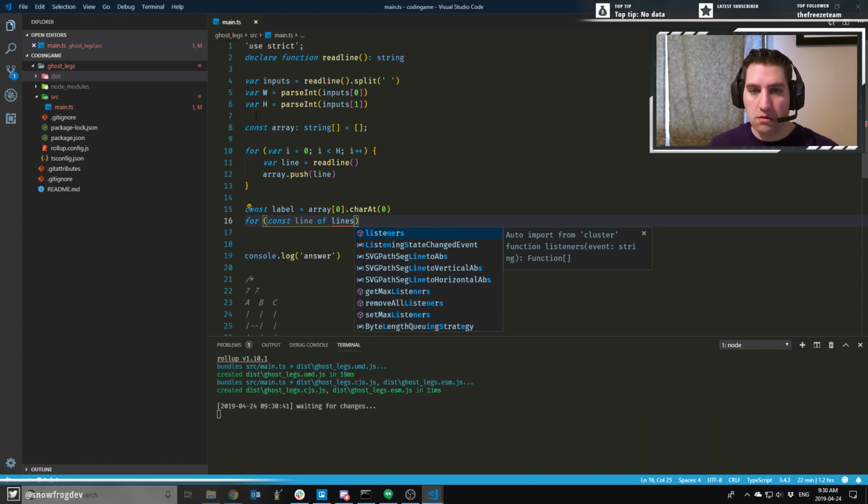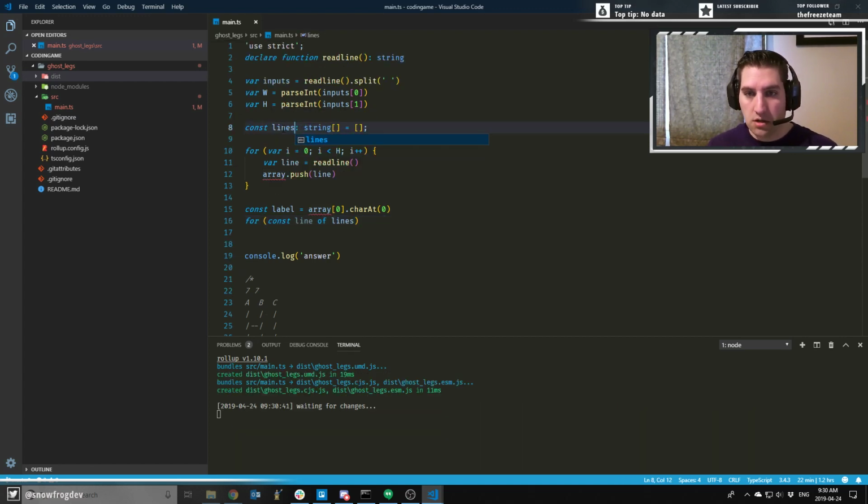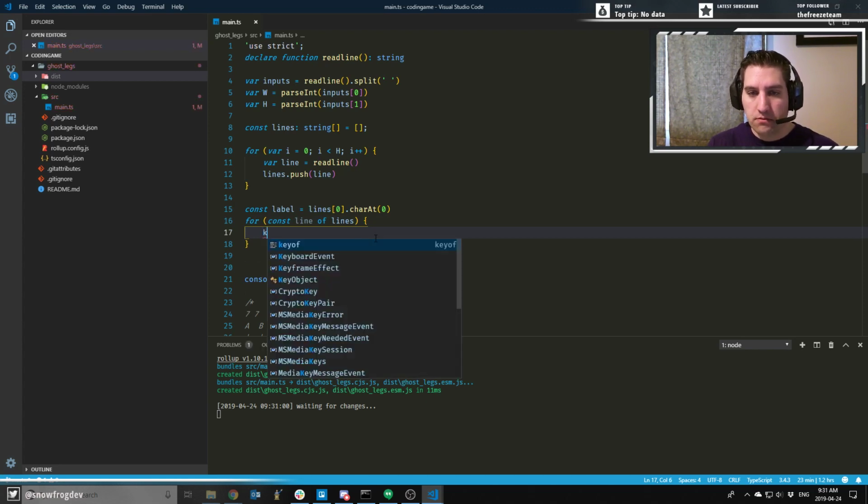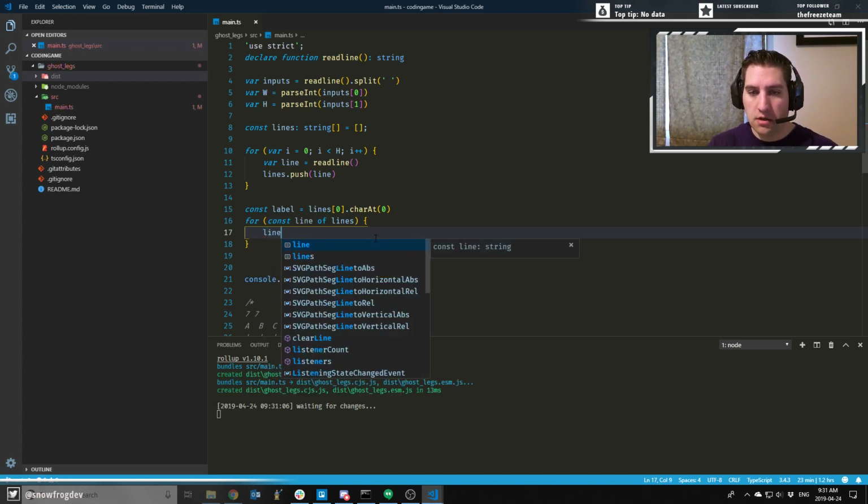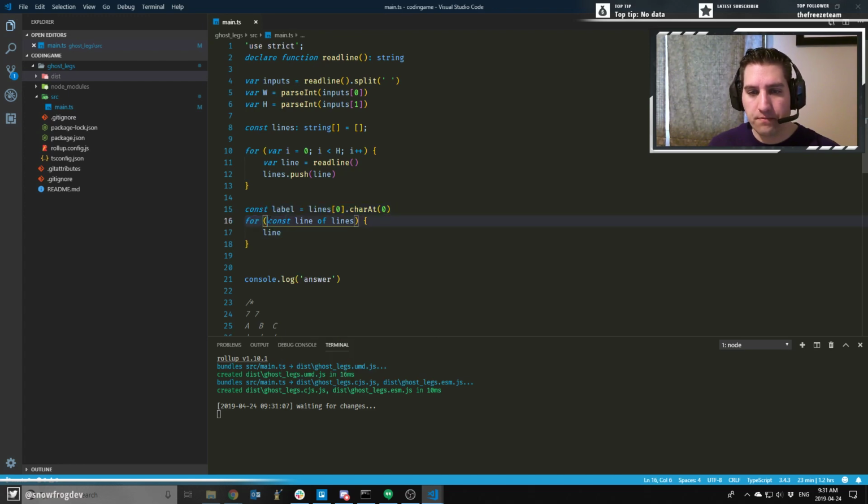So here you go, that's what we should call our array: lines. Oh, got to get used to the shortcuts. F2, lines. There we go. For const line of lines, what do we want to do? We want to take the line. Oh, and I'm probably just going to need, because I need access to the index and all that stuff,